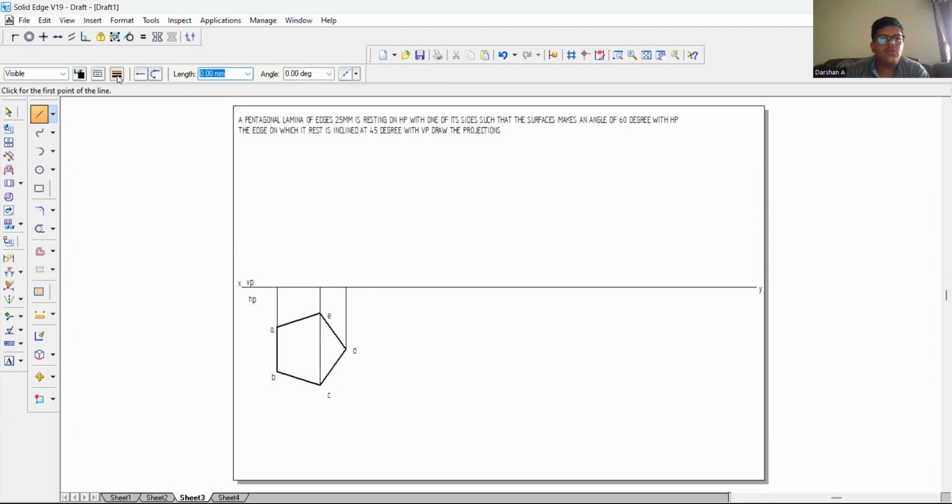Now I'll take a thickness of 0.50 mm and join these three lines. Now I'll name it as B dash of A dash. Since B is visible and A is not visible, now I'll name it as C dash of E dash. Since E is visible and E is not visible, and the last line as D